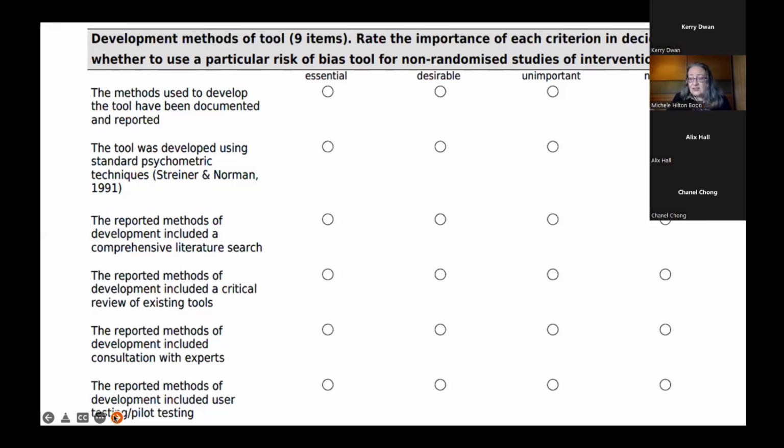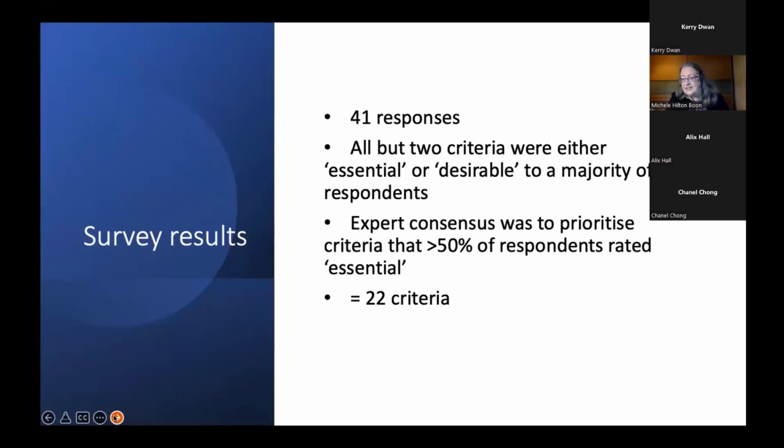Respondents were asked to rate the importance of each criterion as essential, desirable, unimportant, or not sure in terms of the role of that criterion in the decision of whether to use a particular risk of bias tool for non-randomized studies. The invitation to participate was circulated by the methods team to relevant Cochrane groups, and 41 people responded.